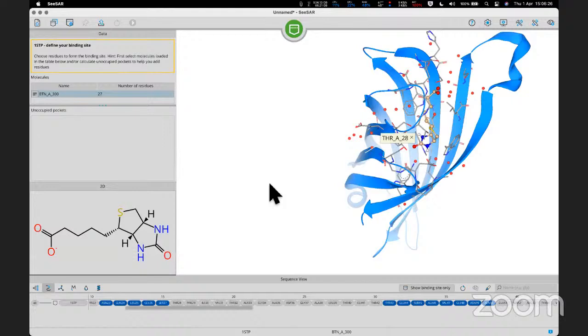Sorry about that. So the next part is that let's say you don't have a co-crystal ligand and you want to define the pocket. So there you have an option here to predict the pocket, binding pocket. There they use the DoGSiteScorer server, a published algorithm. So when you click on it, it will try to identify all the possible pockets. Here you have only one pocket. If you click on this pocket itself,